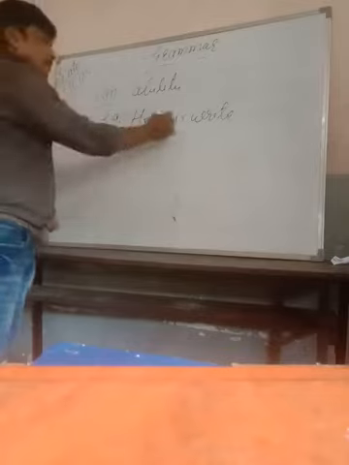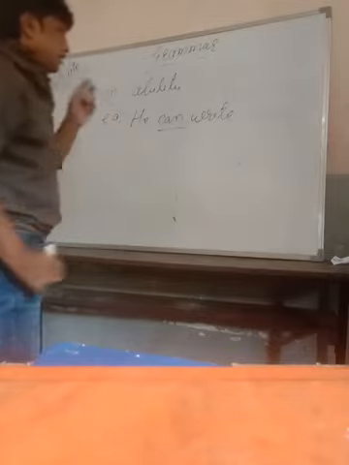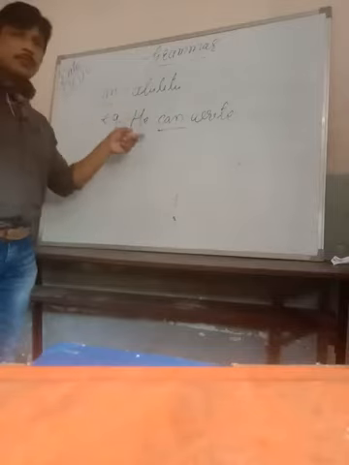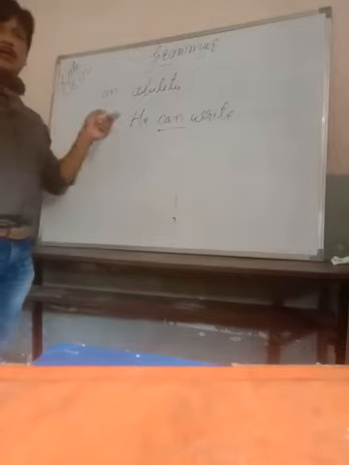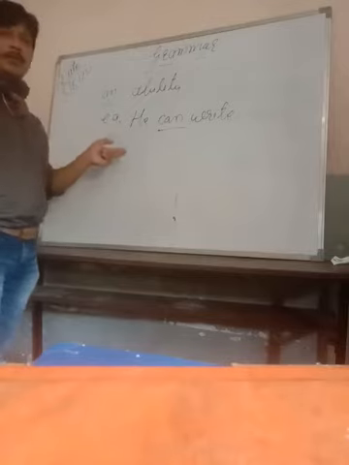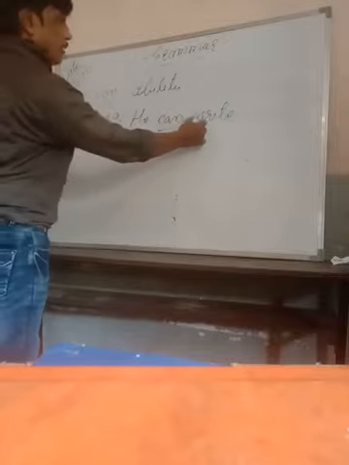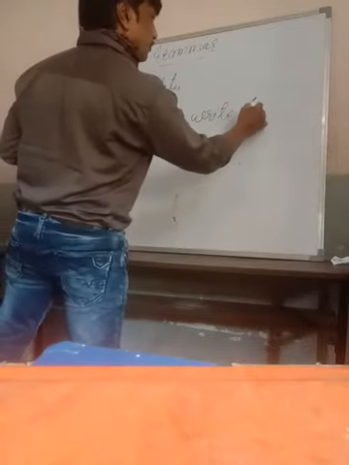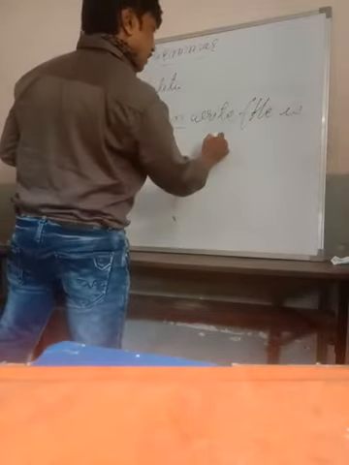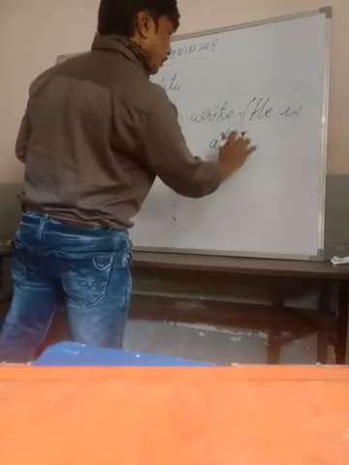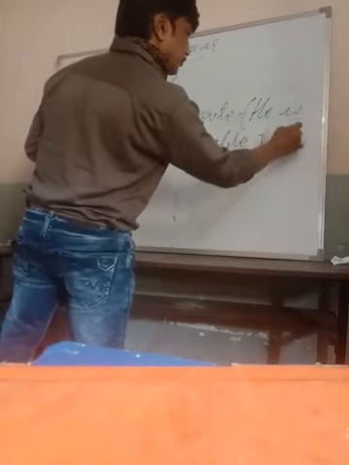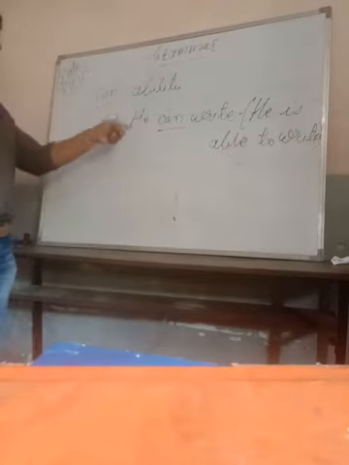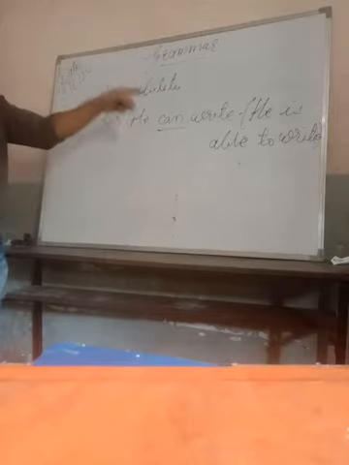Here we wrote one sentence, and can is used in it. This is the modal auxiliary. It comes with write, the main verb. And what does it show? What is the ability of the subject? He is showing the ability of writing. He can write. We can translate it like this: he is able to write. He can write means he is able to write, because it's his ability to write.